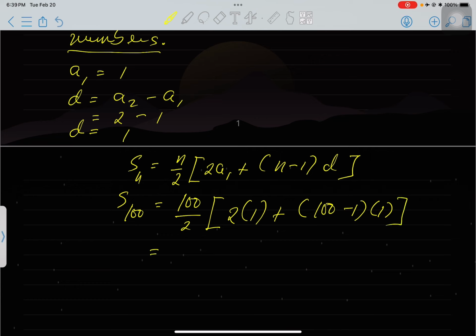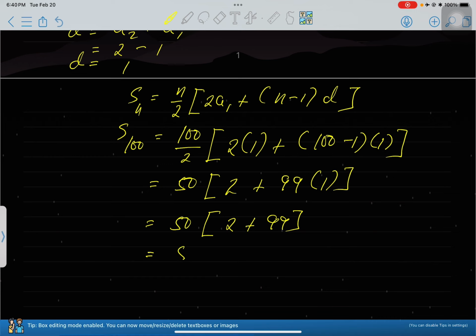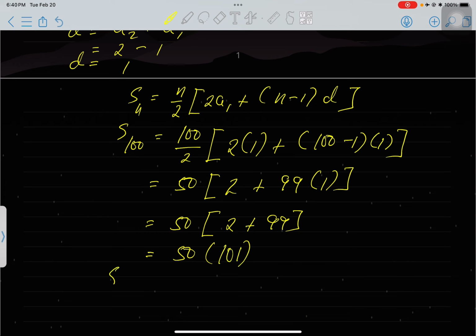Next, we simplify. 100 divided by 2, we have 50. Then the product of 2 and 1 is 2, plus 100 minus 1, which is 99, multiplied by 1. Then, we have to continue simplifying. 50, then 2 plus the product of 99 and 1, that's 99. After this, we are going to combine 2 and 99 and multiply it using 50. We have now 50 multiplied by the sum of 2 and 99, which is equal to 101. Then for the sum of the first 100 terms of the arithmetic sequence, we multiply 50 and 101. That will give us